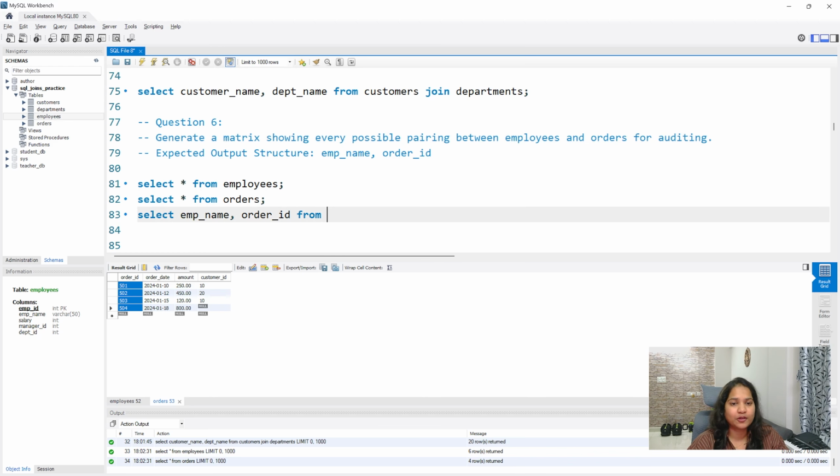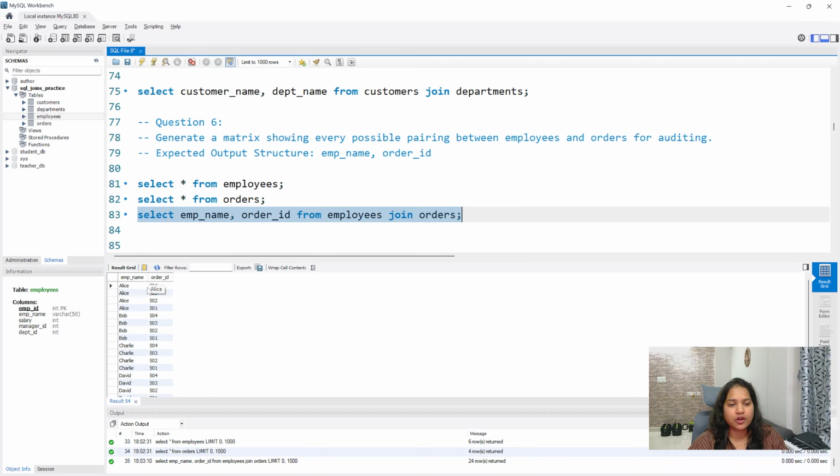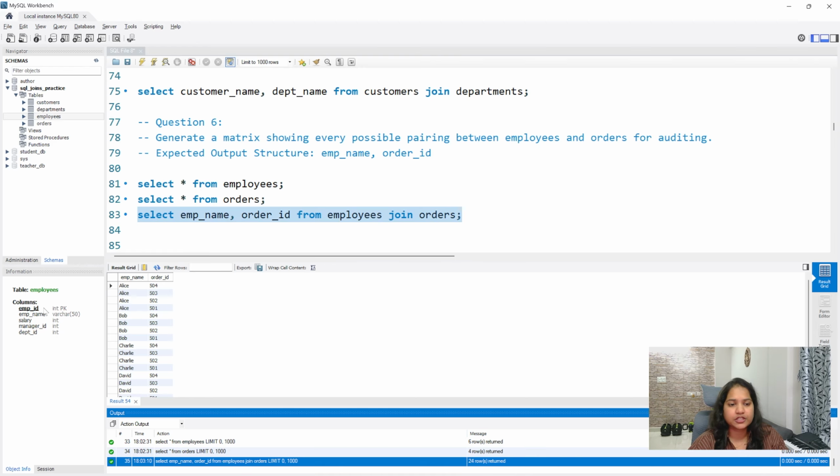All the possible combinations will come from performing the cross join. So select the employee name and order ID from the employees table, then join it with the orders table. We do not need any ON keyword. Now you are seeing all 24 combinations listed.